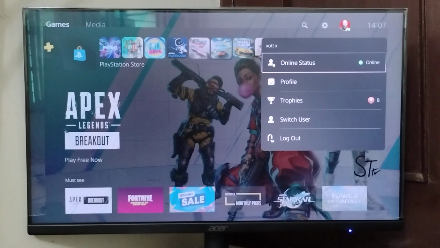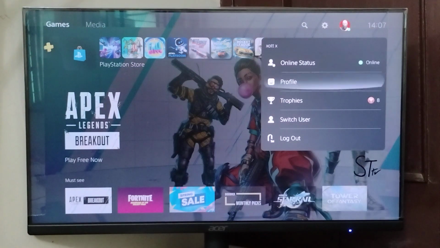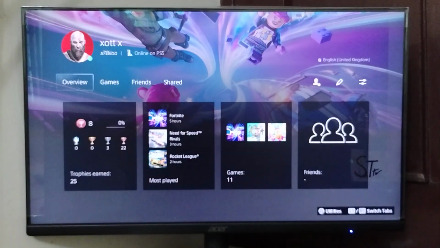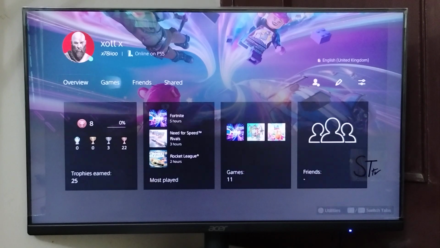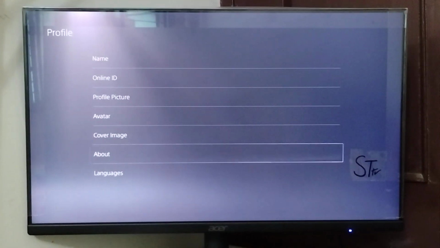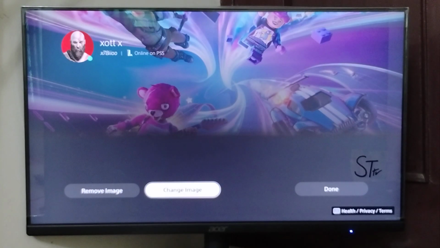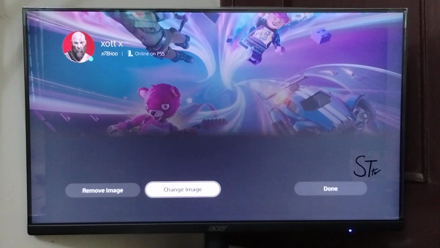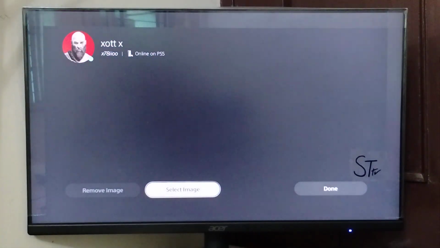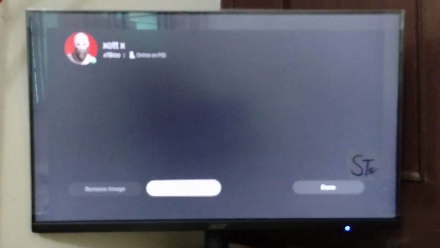you have to go on your profile, then go on your profile here, and here if you want to change this background image, you will need to go to this pencil icon, and then from here go to cover image, and from here if you already have a cover image you will see the remove image and change image option. But if you don't have an image already, you will see here the select image option,